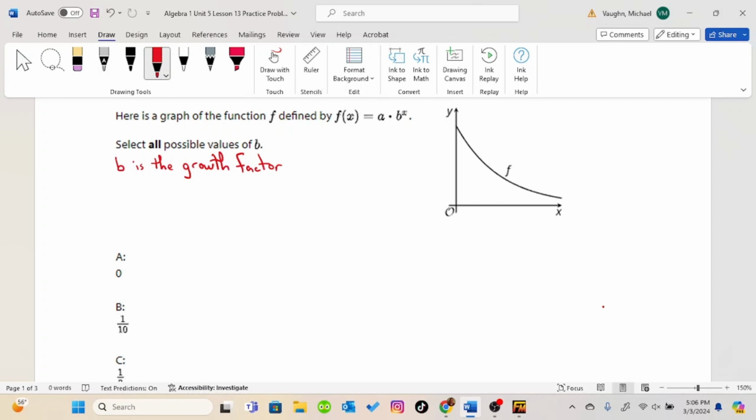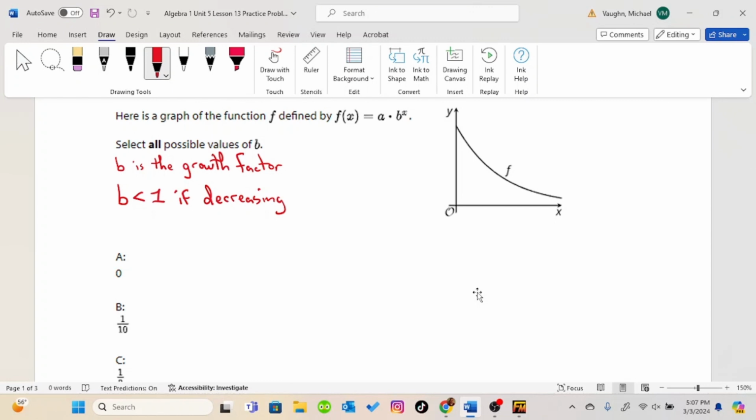In order for this to decrease, b must be less than 1. So if we know that b must be less than 1,